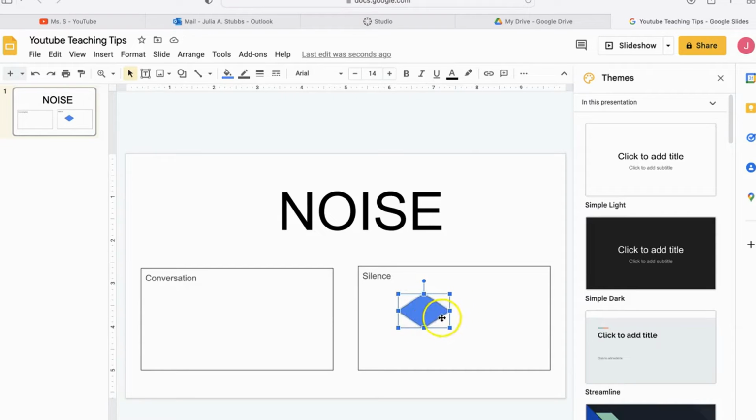blue diamond is representing. So in my classroom, when the magnet is on the silence box, this means that students are supposed to be silent and focused in class when I'm giving direct instruction. Whenever the magnet is on the conversation box, this is a time where it's okay for students to take a break and talk with one another in the class, to have conversations with one another. And it's a way